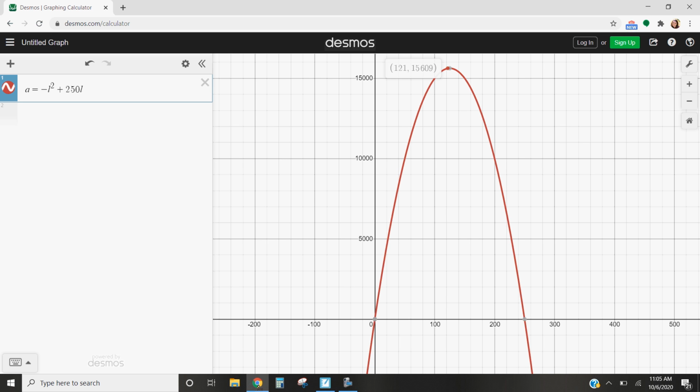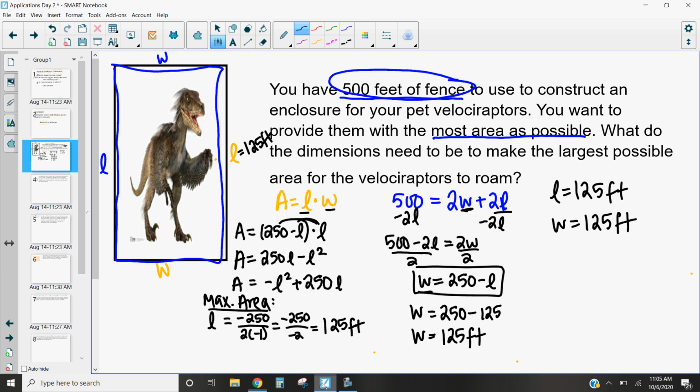And total our area is going to be 15,625. Now, hopefully 15,625 square feet is going to be enough for our velociraptor. If not, we're going to have to figure it out. But these are the dimensions that we need to get the largest possible area, because that area, remember, area is